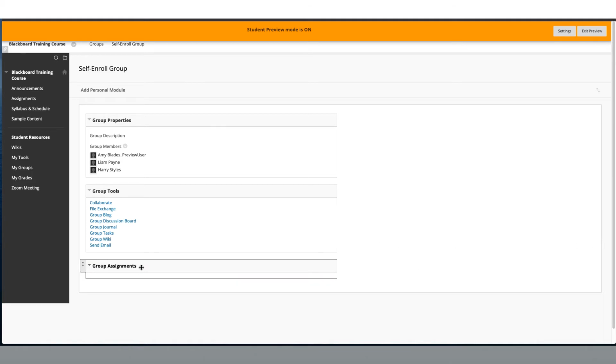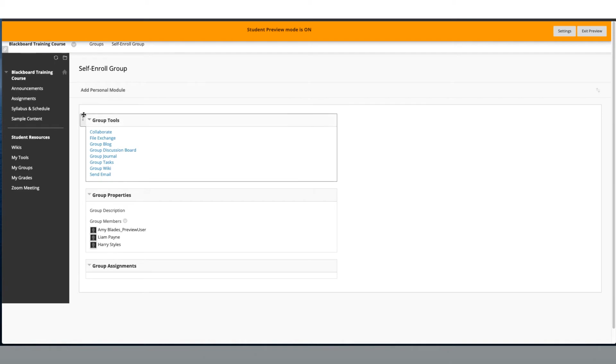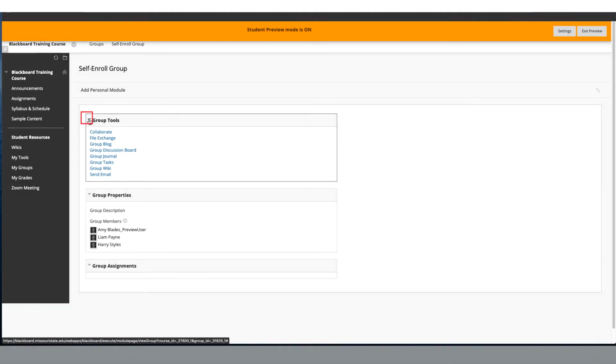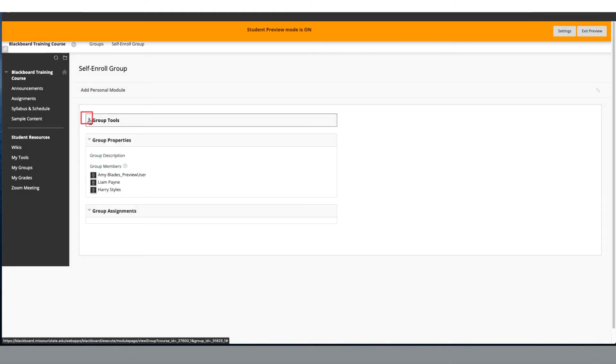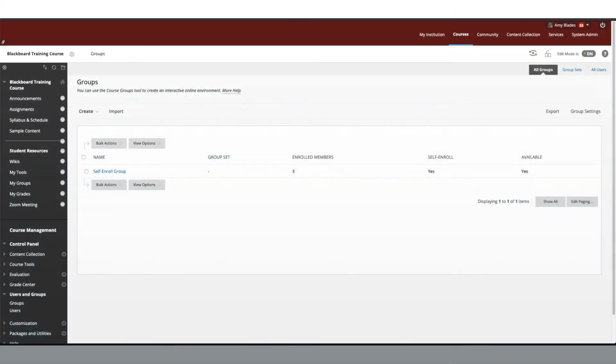These modules can be rearranged by the students by hovering to the left of the module name, then dragging and dropping them to their desired location. Students can also collapse or expand the module contents by clicking on the disclosure triangle to the left of the module name. Now that we know how to create a self-enroll group, let's demonstrate how to manually assign students to